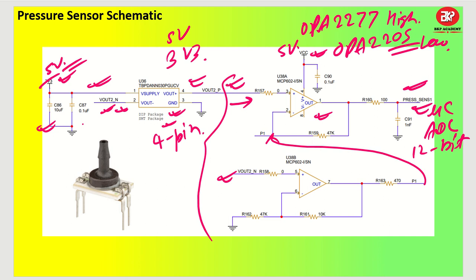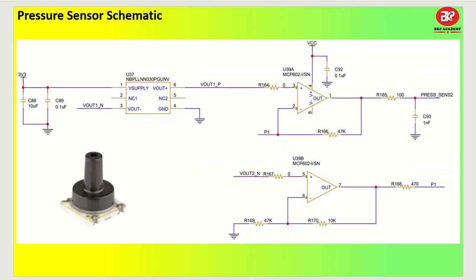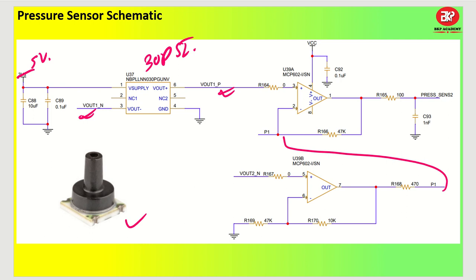Okay, now let us talk about another package, which is the leadless package. Let us say we are going to give 5 volt input. Okay, that was nominal, that was given here. Then I have taken a 30 psi pressure sensor, which is going to be used in our oxygen concentrator. In the same manner, you have positive output and negative output, and we will be taking it the same way. This P1 is going to get connected at this P1. Okay, if you want, you can vary your gain and all those things.